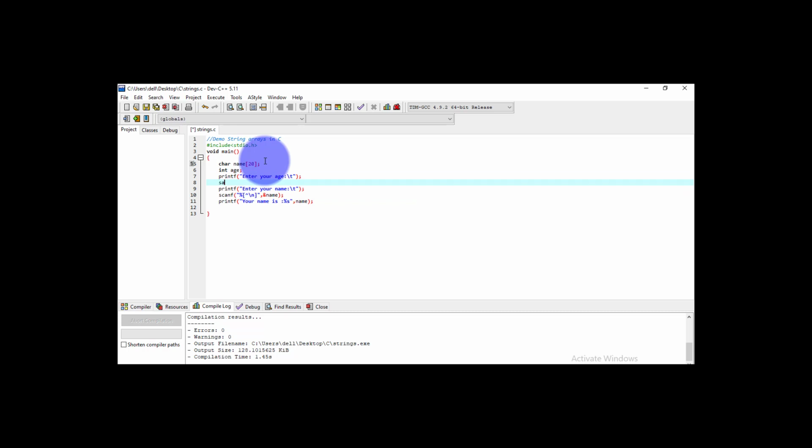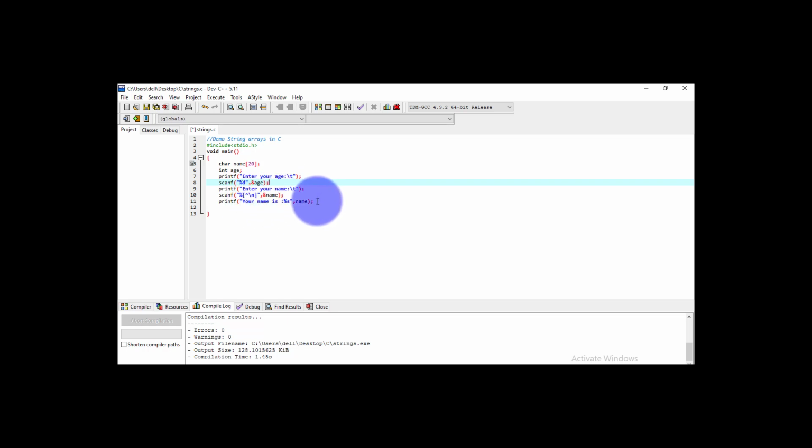Then we use the scanf function to read into age, for that I am using the %d format, then a comma, then the address operator, then the name of the variable, age.